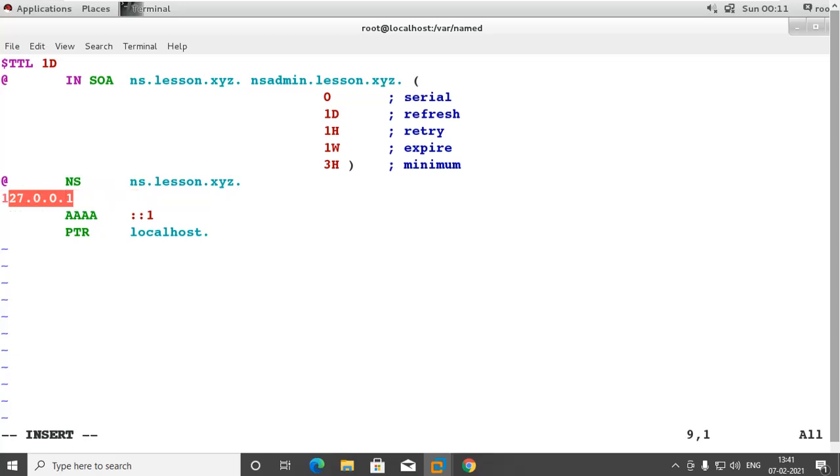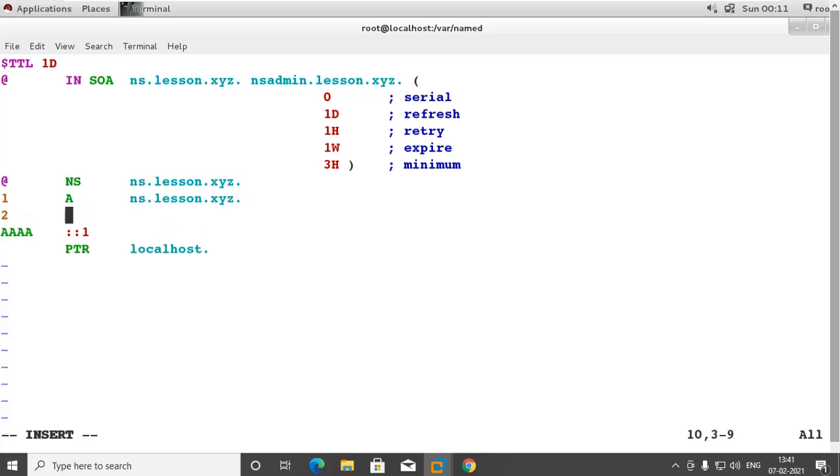Now this will have the PTR records. So let's say we have IP 1 for ns.lesson.xyz.